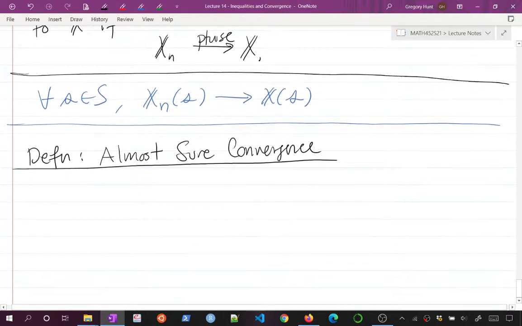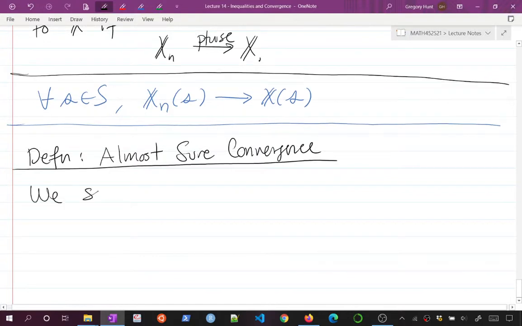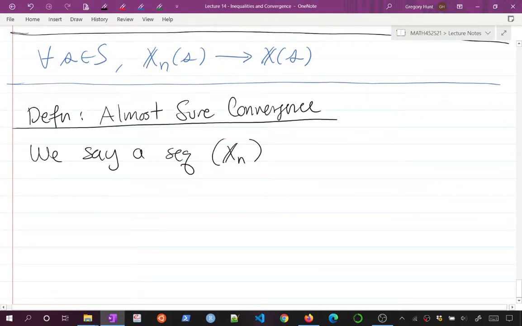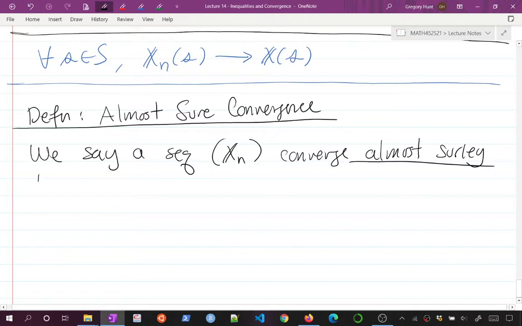Almost sure convergence is: we say a sequence of random variables xn converges almost surely to some other limiting random variable x